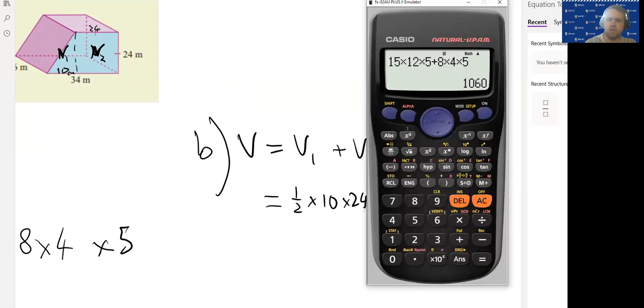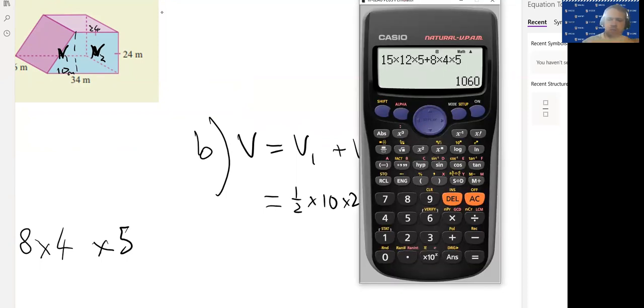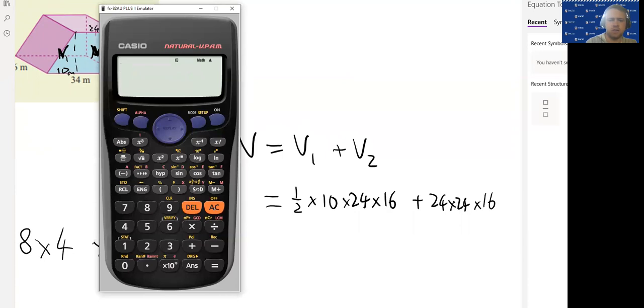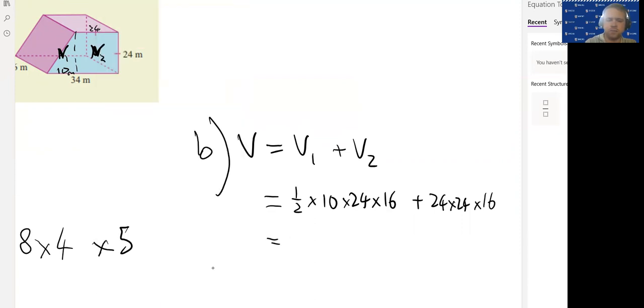And then we can pop that all in our calculator. So we get half times the base times the height of the triangle times the height of the prism plus the area of the square times the height of the prism. And that gives us the following answer, 11,136